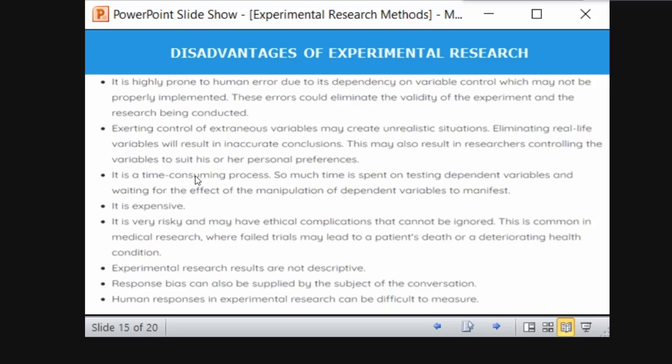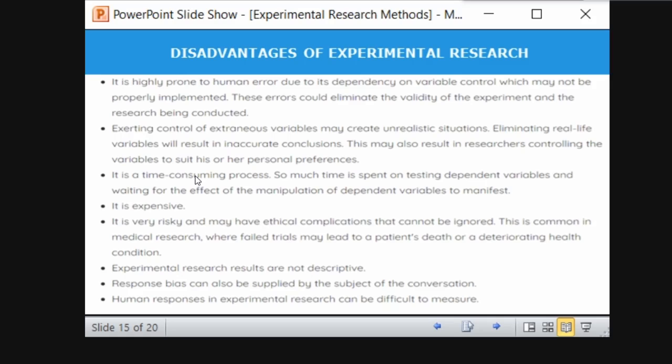So you have to get no objection from the ethical board and from the test participant itself. All these protocols need to be followed in experimental research, right? They are not descriptive. They are not just describing the phenomena. They are actually saying what happens after the variable is monitored at certain conditions.